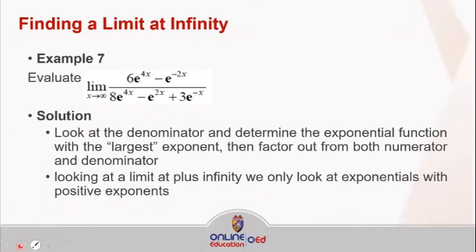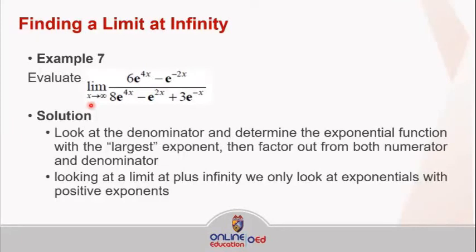For the next problem, so yung next natin is we have the example number 7. So sa example number 7, we have the limit where we have the 6e raised to 4x minus e raised to negative 2x over the 8e raised to 4x minus e raised to 2x plus 3e raised to negative x, where yung x natin is approaching infinity. So for the solution, syempre, first is kagaya lang din nung kanina, na hahanapin natin kung